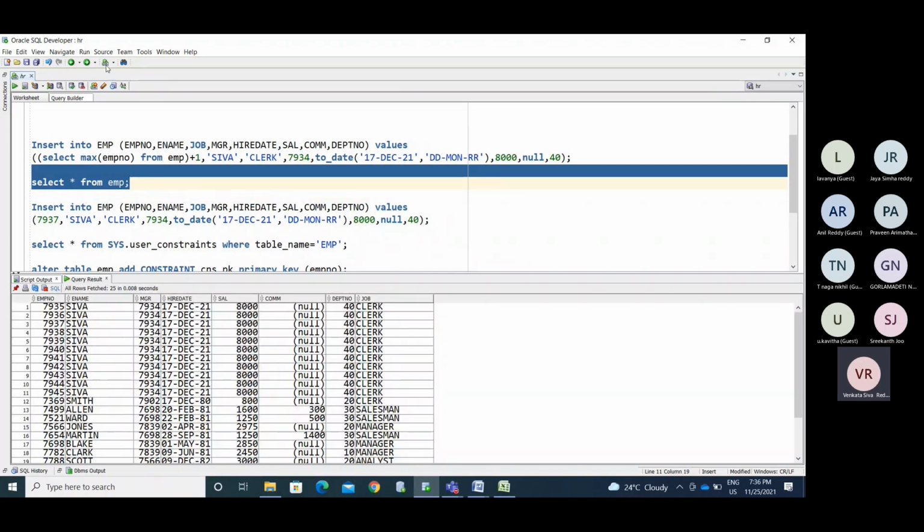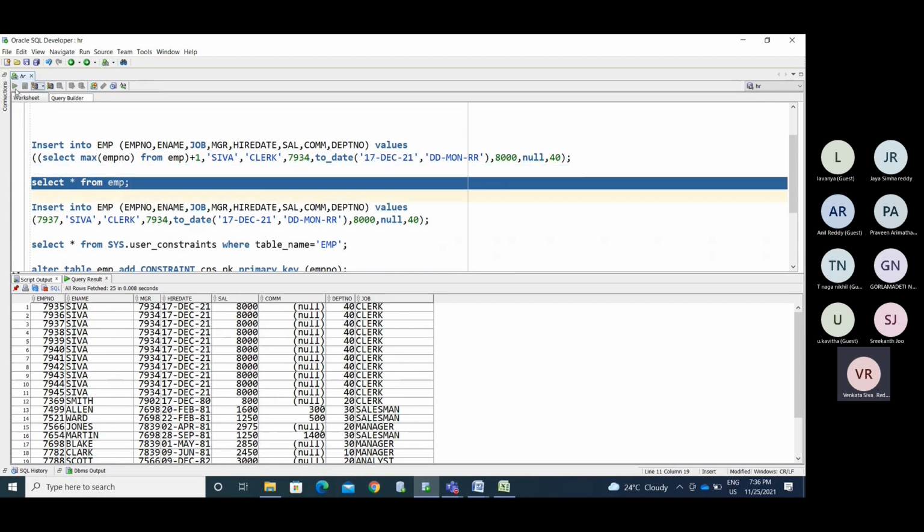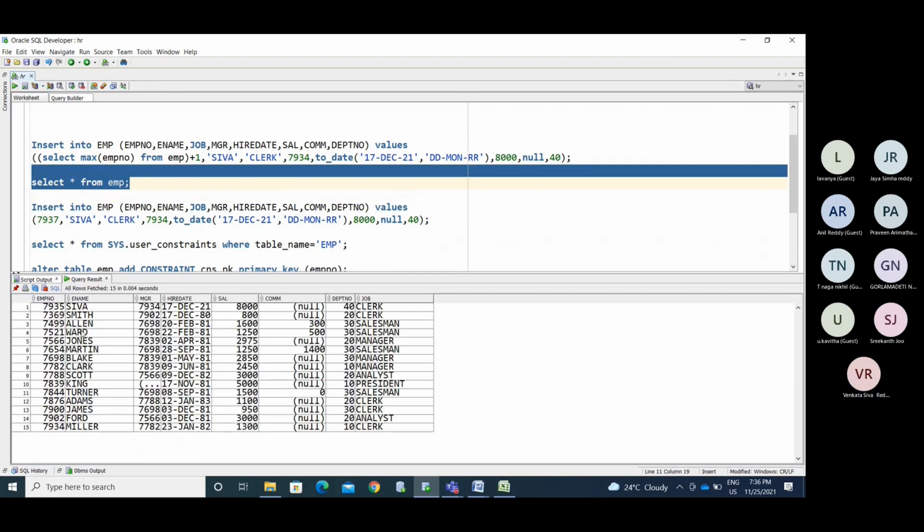So if you have the data in a different table, now I'm rolling back this and running this again. We have the 15 records now. Okay, so now there is data in some X table. I need to insert that employee information into this employee table. While inserting that, there is no employee number column for me.